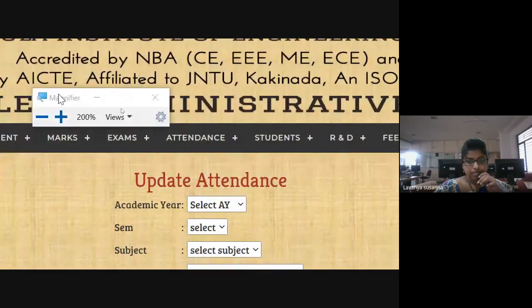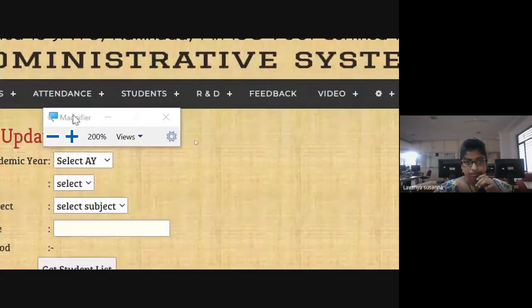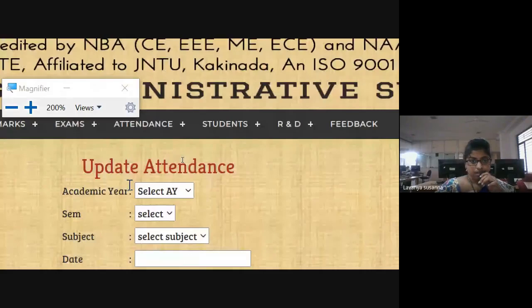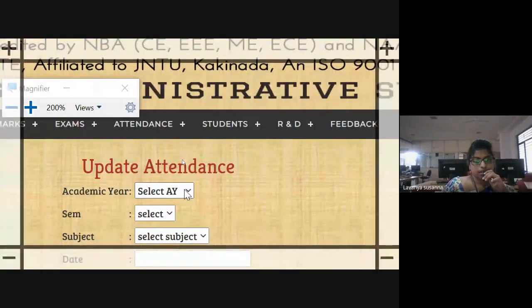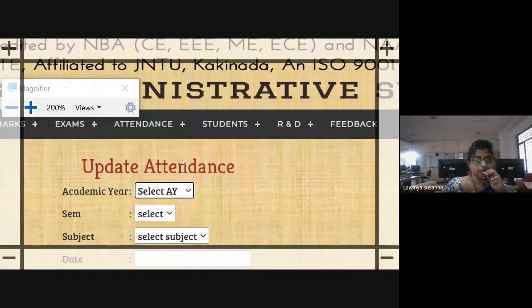See the sequence of steps. What should I do? You need to write sequentially. After clicking post attendance, you get this screen, and you need to write the description, the flow of events.